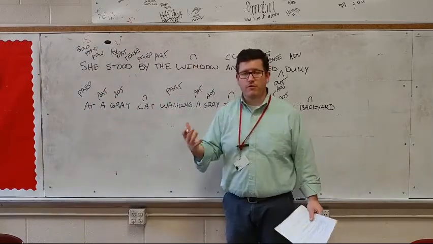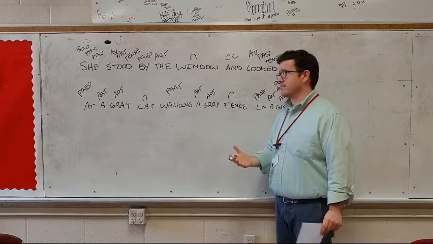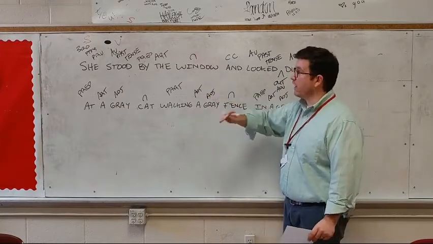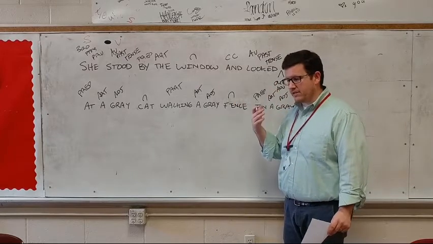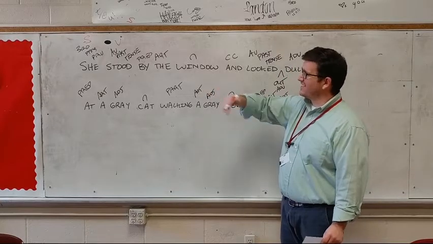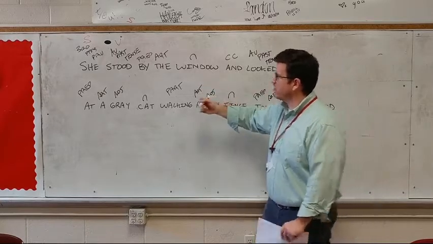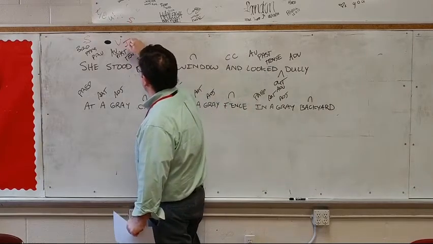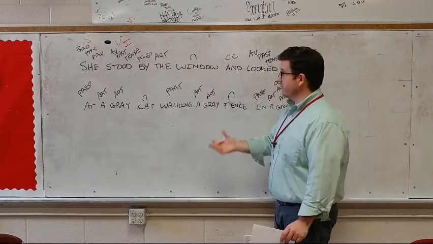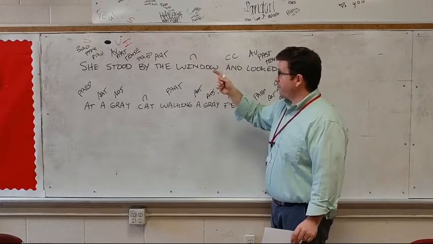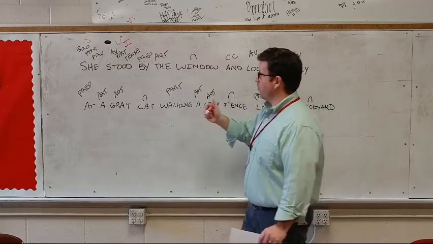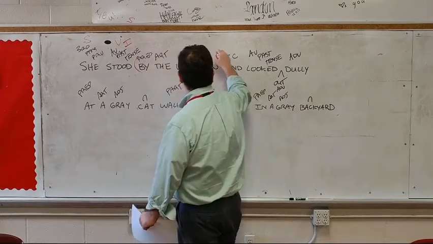Now I need to determine if the verb stood is transitive or intransitive. A transitive verb transfers the action of the verb to an object. So if I say, I kicked the wall, wall would receive the action of the verb kicked. Here, it doesn't say I stood anything. I just stood. So this is going to be an intransitive verb. Now, let's go ahead and knock out all the prepositional phrases. If you guys noticed, I've got several prepositions followed by articles, followed by nouns. So my prepositional phrases should go by the window,